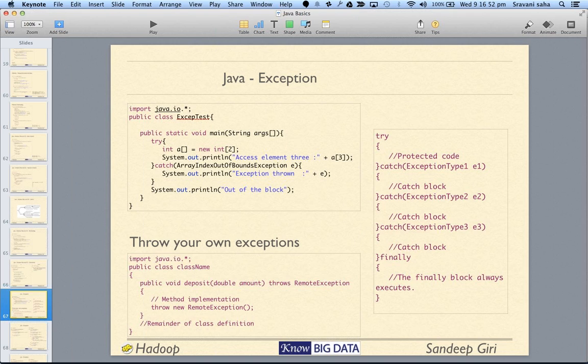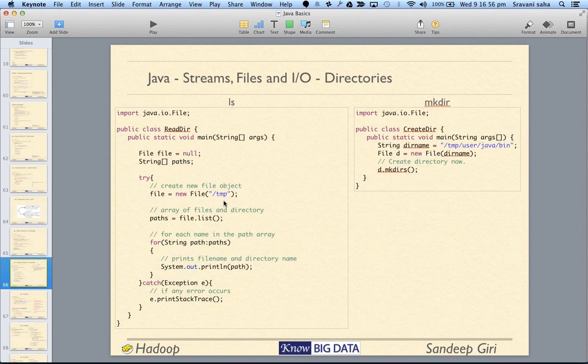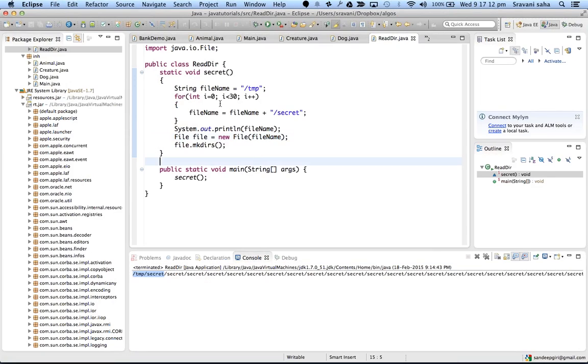Okay, for example, in our previous example here, if slash tmp does not exist, we want the program to break immediately and tell us the reason why the program has broken. So this secret folder which we're trying to create here,